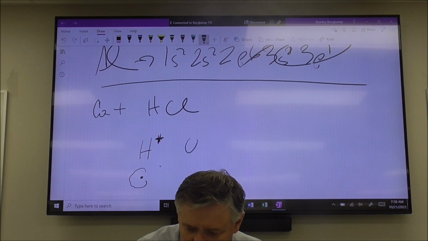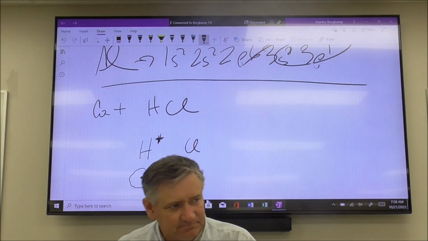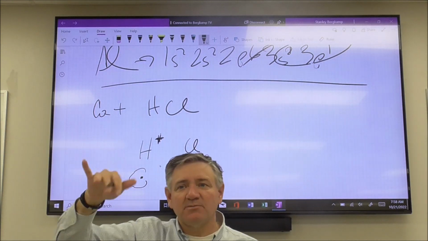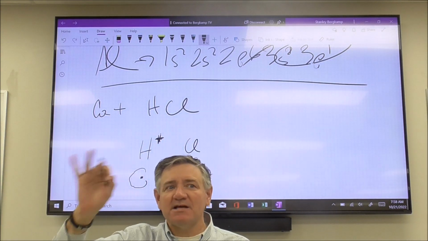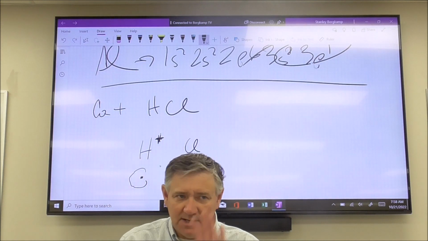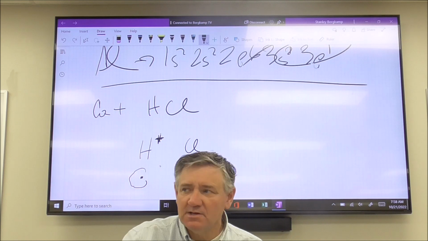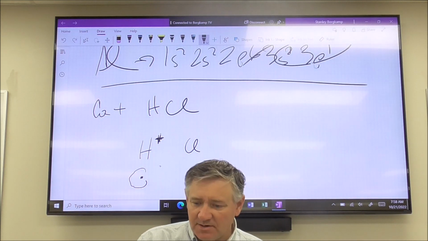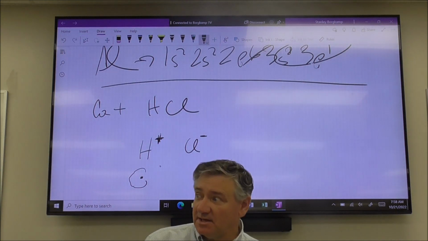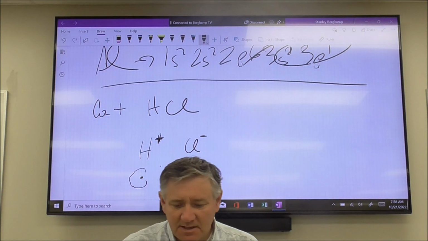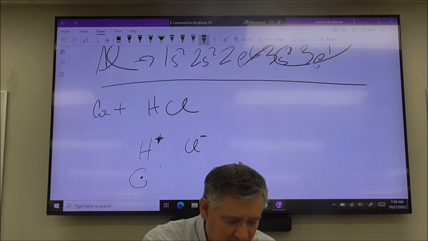Chlorine over here, and this is why you have to learn so much about atomic structure. Chlorine has 7 valence electrons because it's a halogen, okay? What's the magic number for electrons? Chlorine has 7. How many does it want? 8. It has 7. It wants 1 more. So chlorine wants to take in an electron. So chlorine has a charge of 1 minus because it's gained an electron. So what's happening is that on an atomic level, here's your,